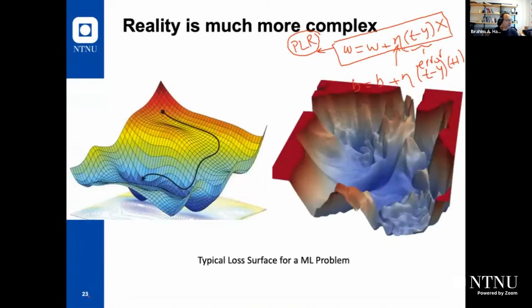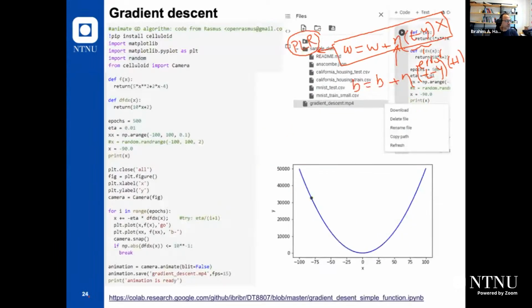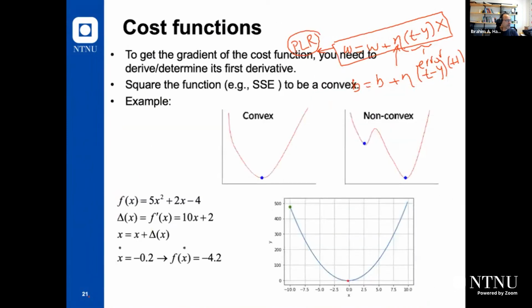So if we start from here, we talked about it last time. This is a reality, because sometimes the error function is very, very complex, so we need to find an approximate solution for this one. And we used this example last time. You need to define a cost function. And this cost function, it should